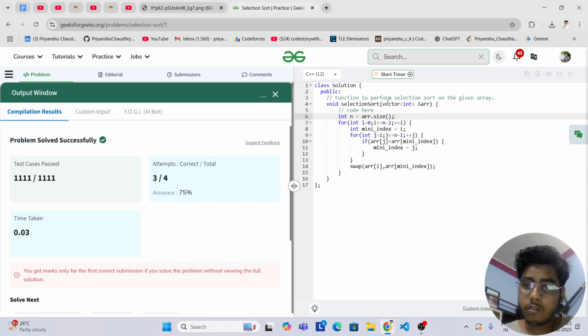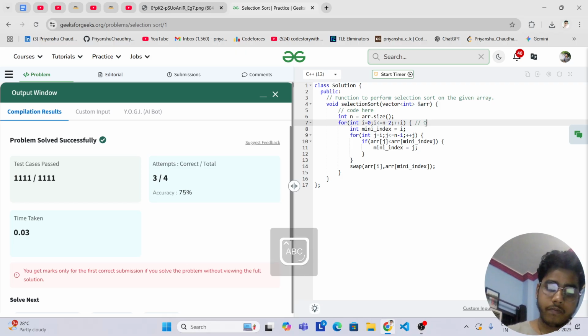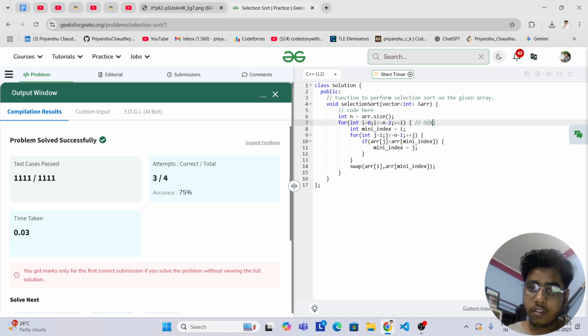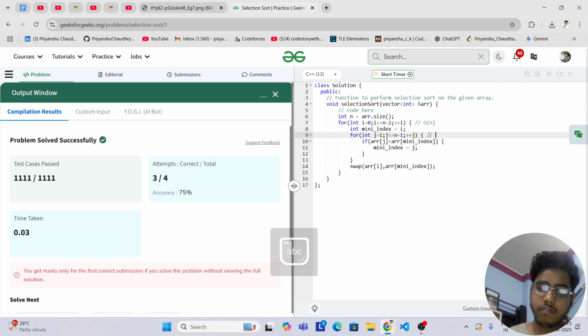If I talk about the time complexity, we can see here a for loop is going from 0 to n minus 2, which can be considered as O of n. The inside for loop can also be considered as O of n at most in the worst case.